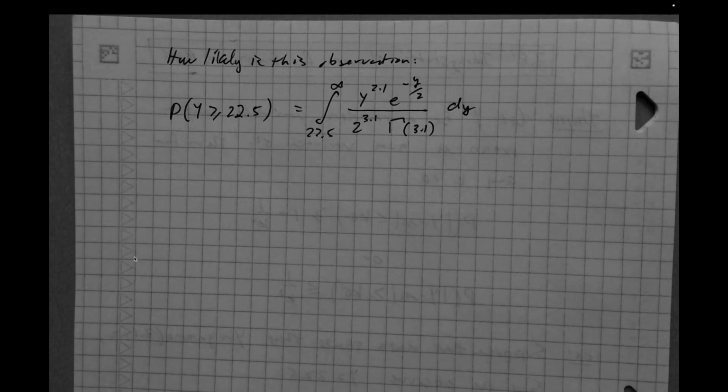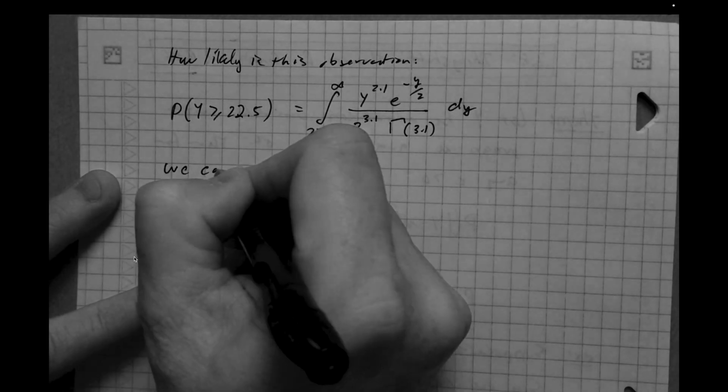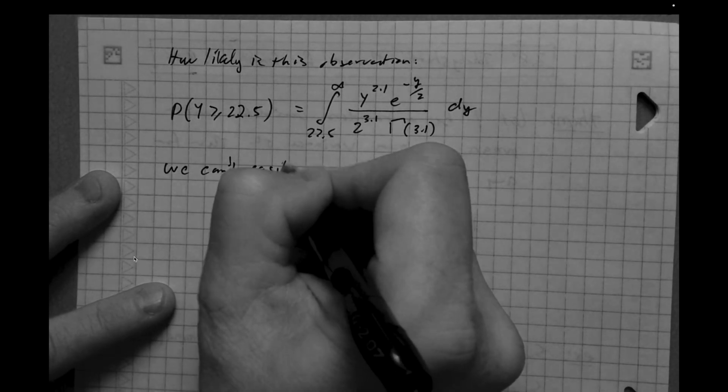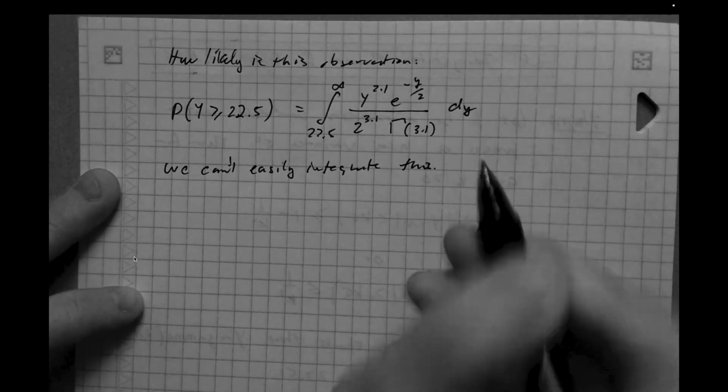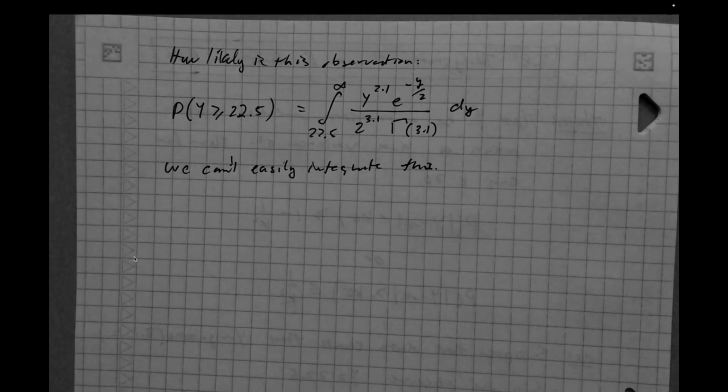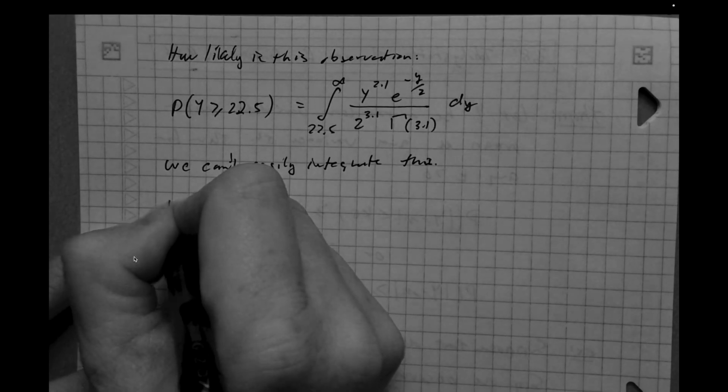And so what we'd have to do is resort to numerical means, or there are tables that exist, but we can't easily integrate this. But we can use Chebyshev's theorem to make a probability statement to create a bound, right? So from Chebyshev's theorem,